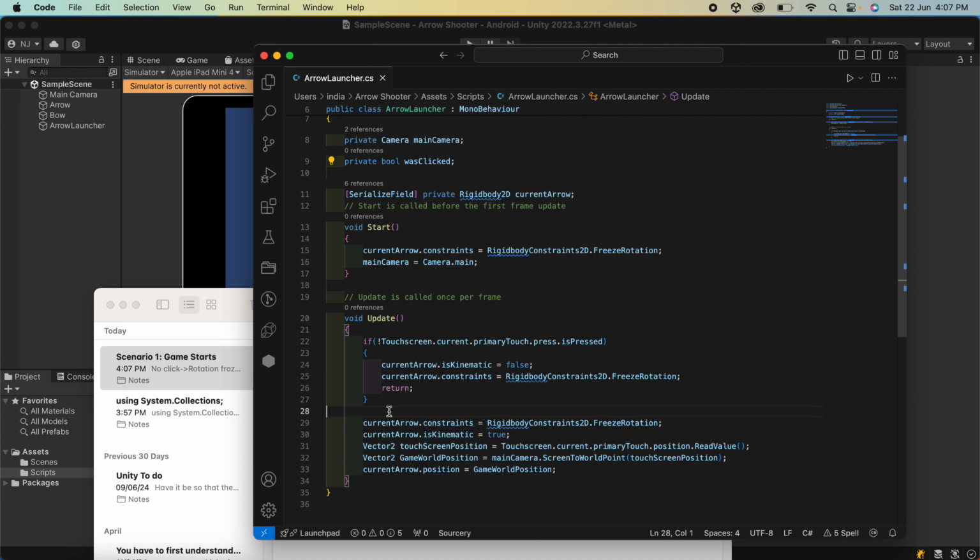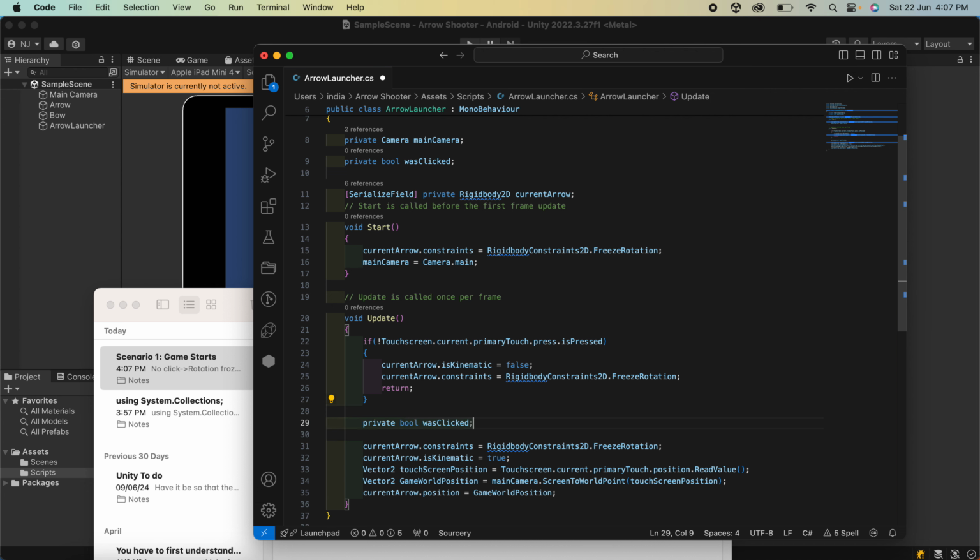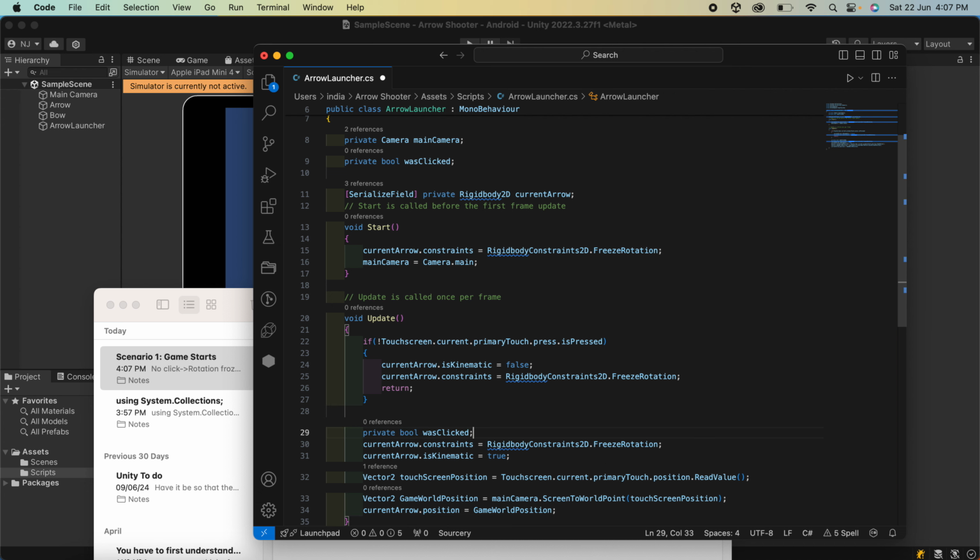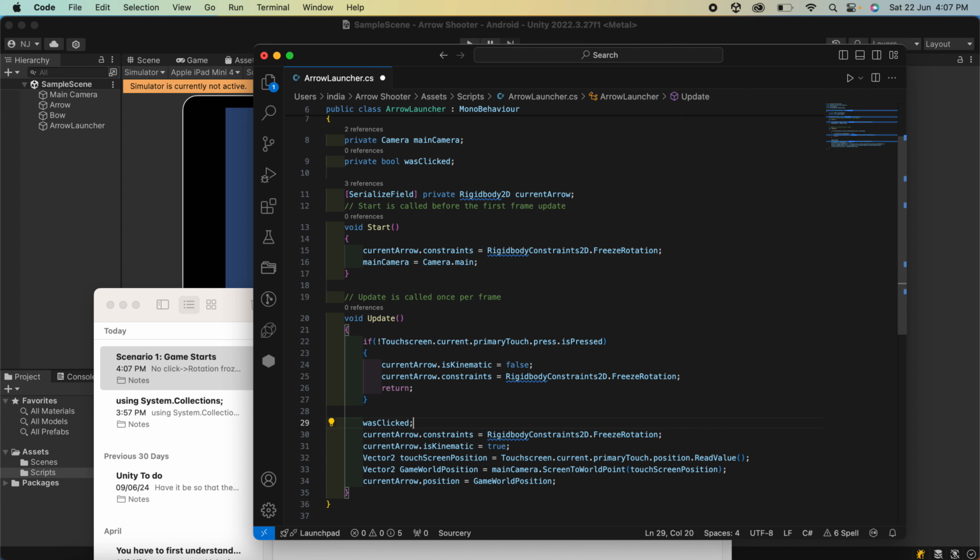So we go here, the bool was clicked, I can just set was clicked equal to true, right? Okay, that should work. Now inside this, I'm going to check